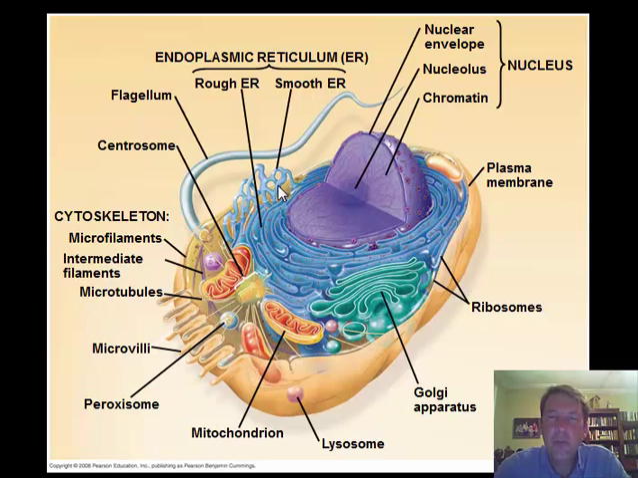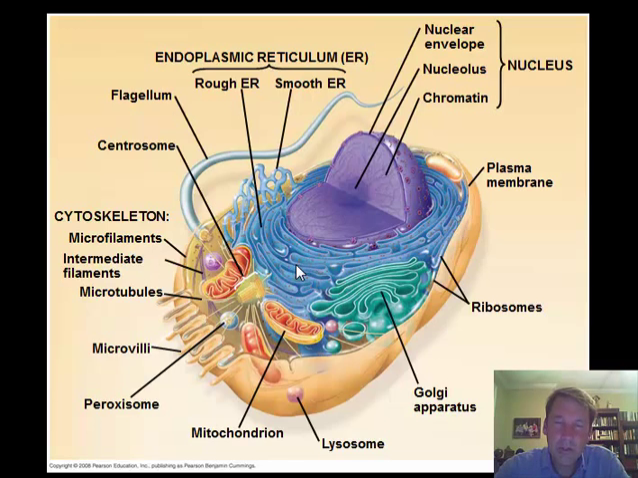All right, they're basically named based on whether they have ribosomes on their surface or not. So if they do not, they're considered smooth. If they do have ribosomes on their surface, they're considered rough. So you can just think about the surface of it for its name. Now,